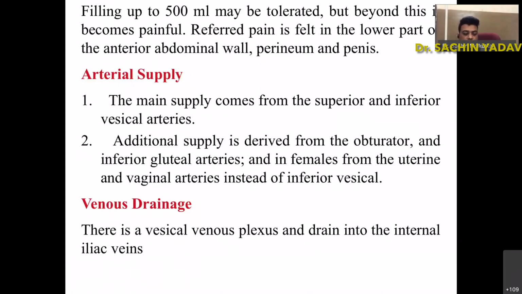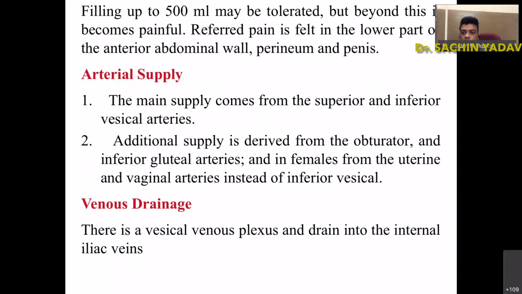Now, what is the vascular supply? The main supply is the superior and the inferior vesical artery. The superior vesical arteries are coming from the inferior mesenteric vessel, and the inferior vesical from the iliac branches. Iliac is from the systemic blood supply, and inferior mesenteric is from the visceral. That is, it will drain into the portal. So that is the site for both, the bladder is having the site for the portocaval anastomosis.